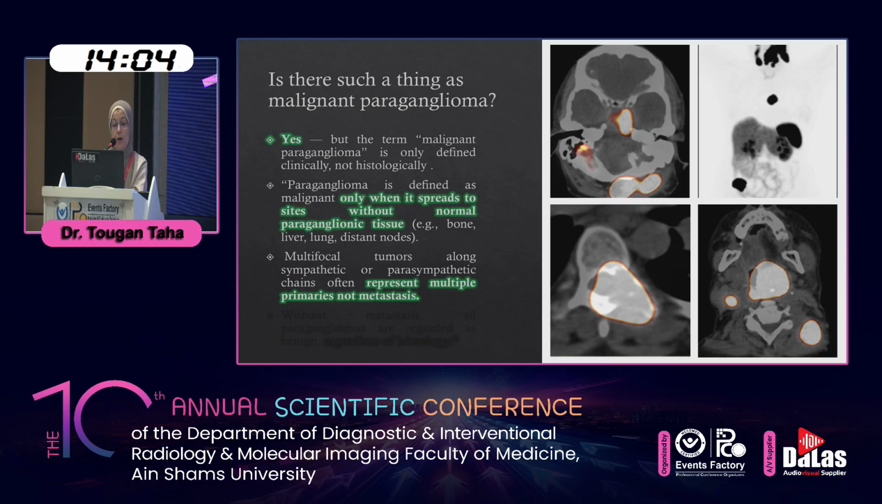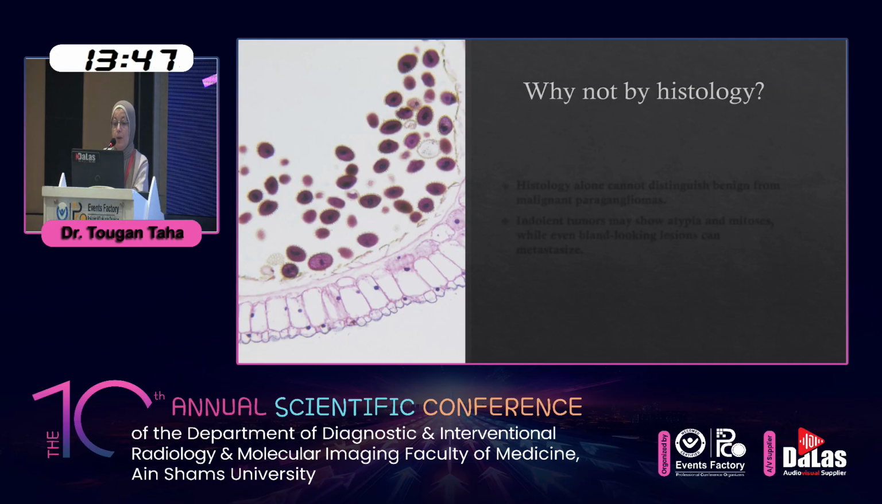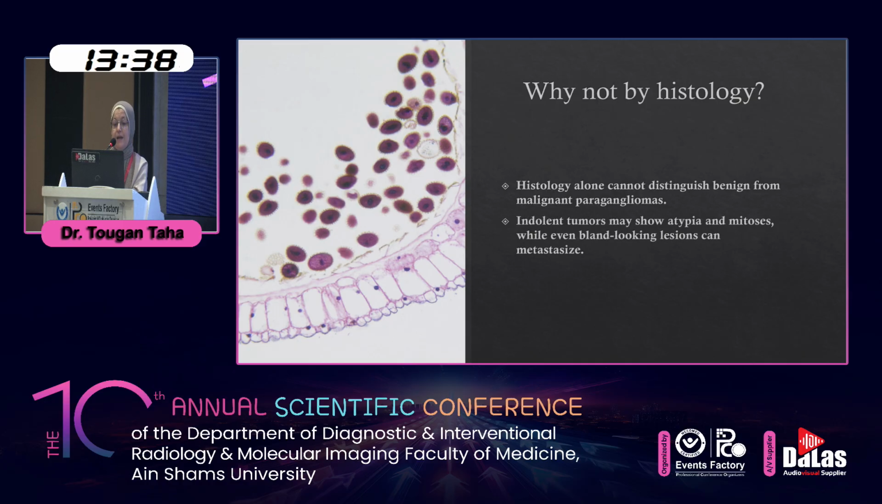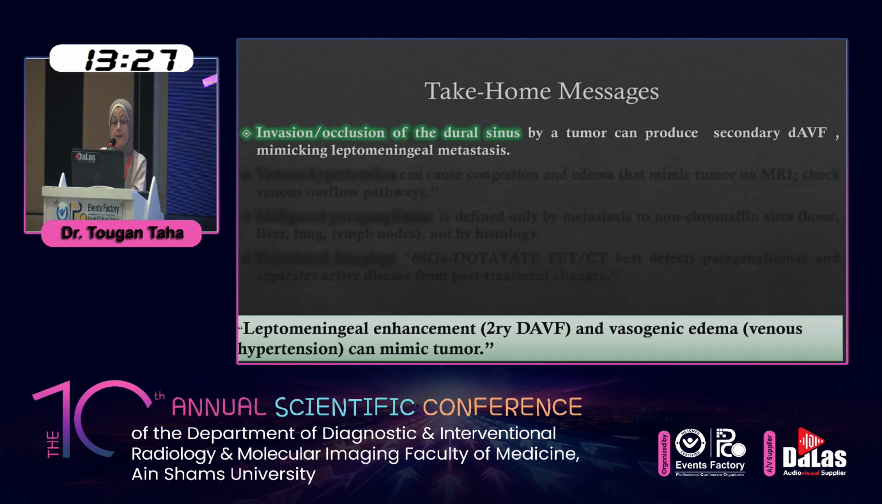Multiple tumors along the sympathetic or parasympathetic chain often represent multiple primaries and not metastasis. Without metastasis, all paragangliomas are regarded as benign regardless of the histology. But why not by histology? Histology alone cannot distinguish benign from malignant paraganglioma, as an indolent tumor may show atypia and mitosis, while even a bland-looking lesion can metastasize. So the take-home message of this case is invasion or occlusion of the dural sinus by a tumor